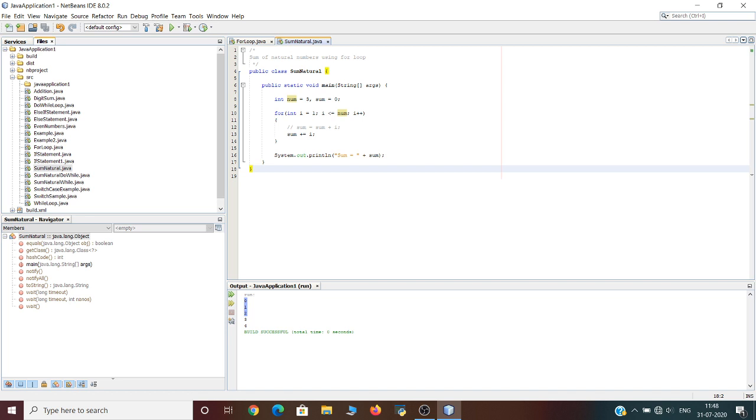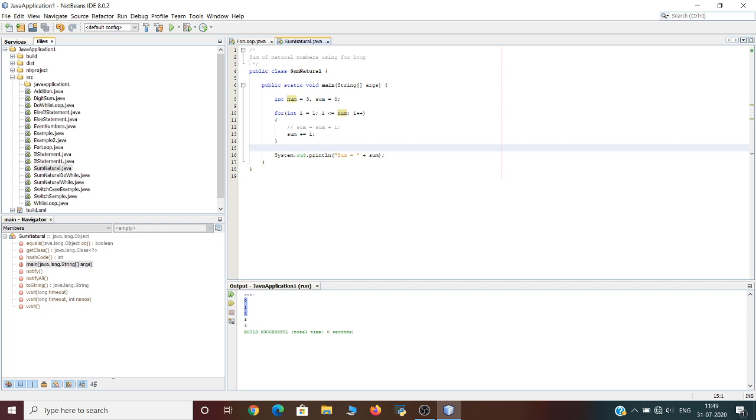During the first iteration, the value of I is definitely 1 because we have initialized it here. After checking the condition whether I is less than or equal to num, it is found that the value of I is 1, and the value of the variable num was 3. So 1 is definitely less than 3.